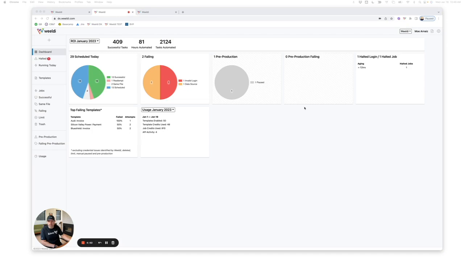What I want to do today is share with you a new enhancement that we're super excited about, that we believe and are getting feedback from our customers is going to be extremely valuable. And it's the ability to log in and take a look at an automation as it runs in real time